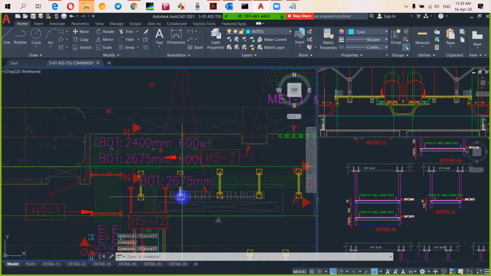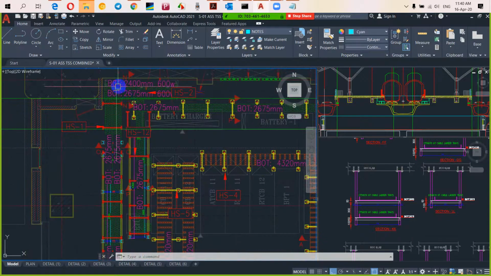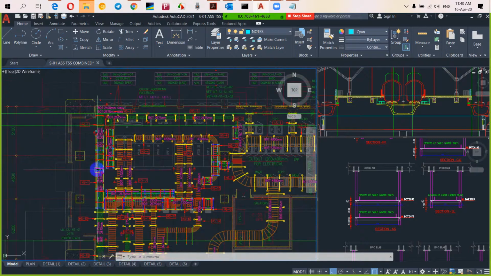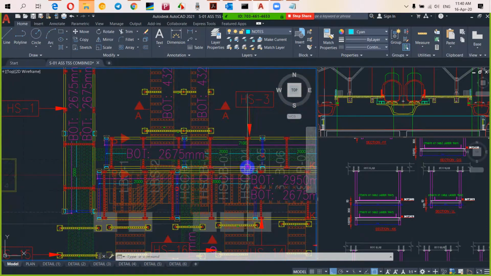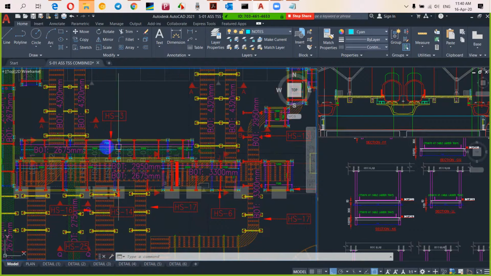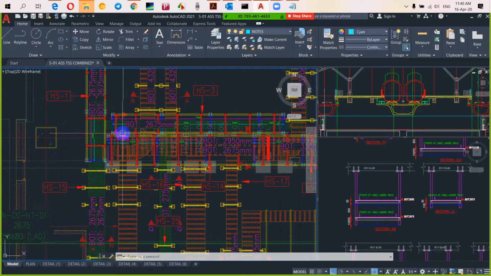Yes. The above two cable trays, which were 300 and 300, we will make 600. Okay, instead of 300, you will give 600. No issue. But the heights will be like this: 2400 and 2675. So from here, two 300 cable trays are coming from the height 2675, and maybe we will connect a T here, and it will go to this area. No issues. It will stop somewhere here.